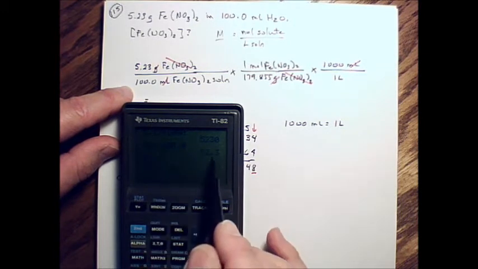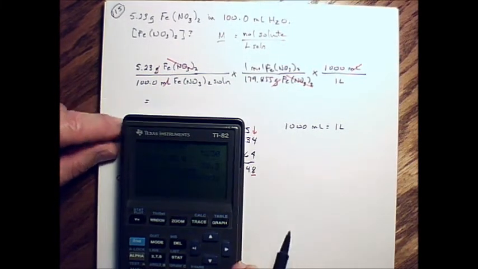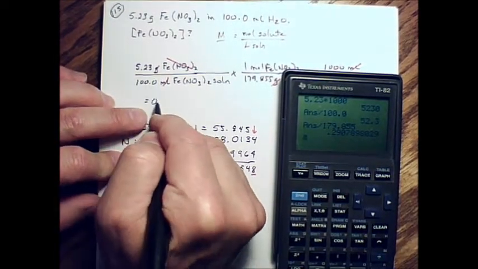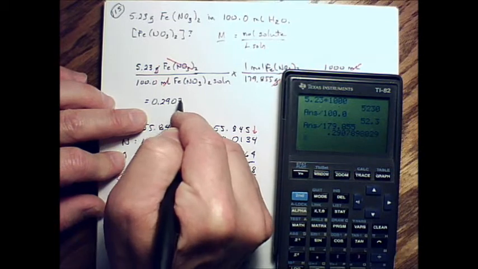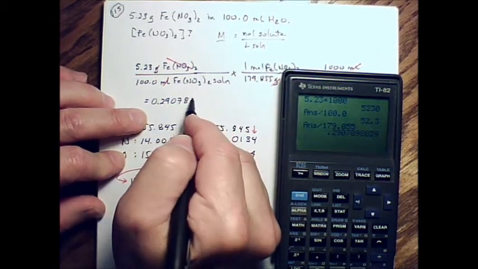And I hit enter, and I'm going to divide this as a separate number. Divided by 179.855. Just a fast way of putting it in the calculator. And so the answer we get then is 0.29078